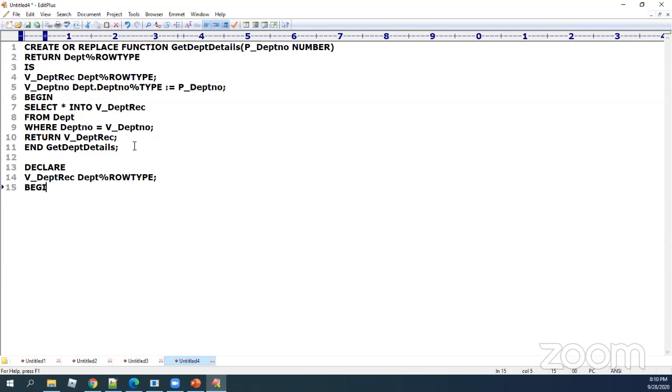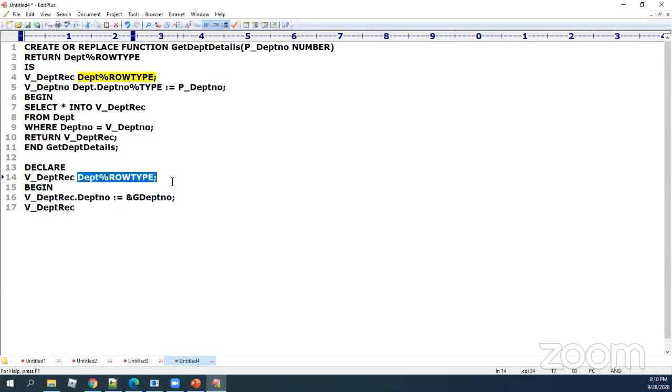And then I'm saying begin, v_department_record.department_number is assigned as select, I'm saying ampersand of G department number. Then I'm saying v_department_record. This is a percentage row type, yes or no? Now my function is also returning the same type.